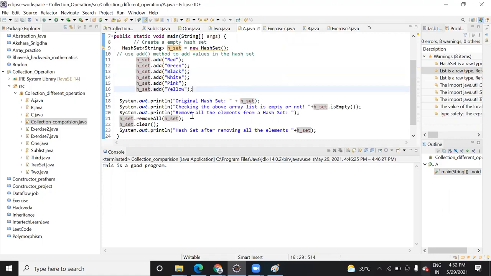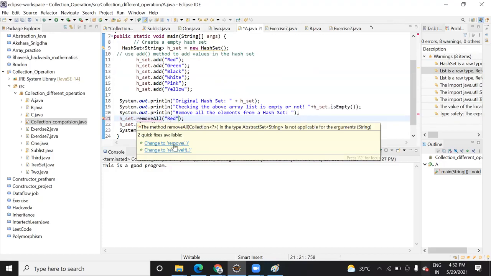As I said, there are different ways of removing, right? Clear is used when you have a variable name and you just want to clear it. The difference is that clear will remove all the elements. Let me check with the element. When I use this element, it will give an error, right?